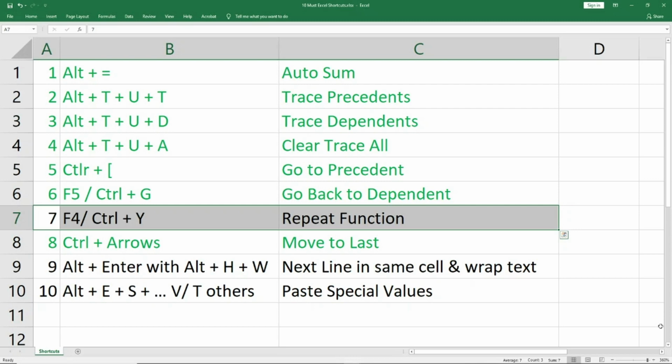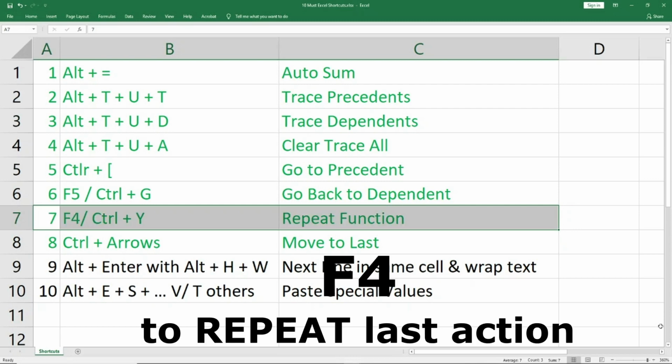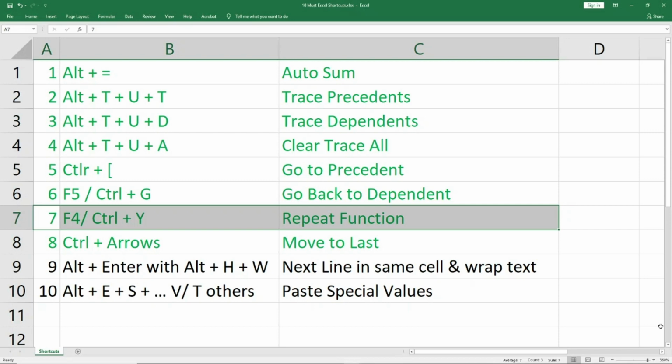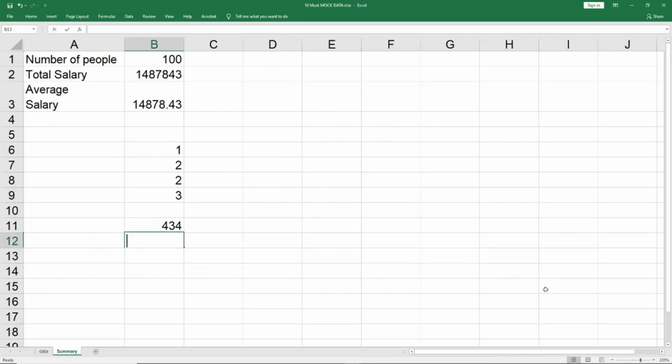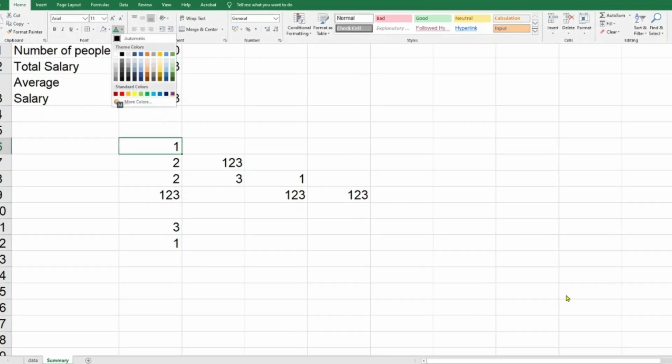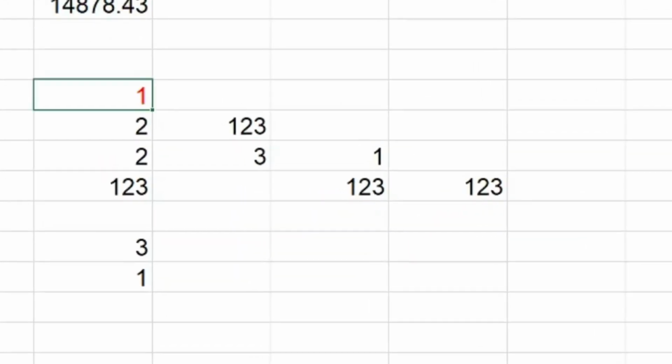I've selected my row number 7 and I'm clicking F4. I can also use Control Y, but if you want to do a couple of things, for example, had it been this data, and in this data I had to maybe bold or change the color. Let me change the color to red, Alt H F C, red, and I'm maybe just trying to tally or reconcile something, and I say okay, 1 was there, 2 was not there, this 2 was there, I hit F4. I don't have to do the entire thing again. This 1, 2, 3 was not there, this 3 was there, this 1 was there, this 1, 2, 3 was there. So it makes life very easy because you don't have to keep using your mouse again and again.